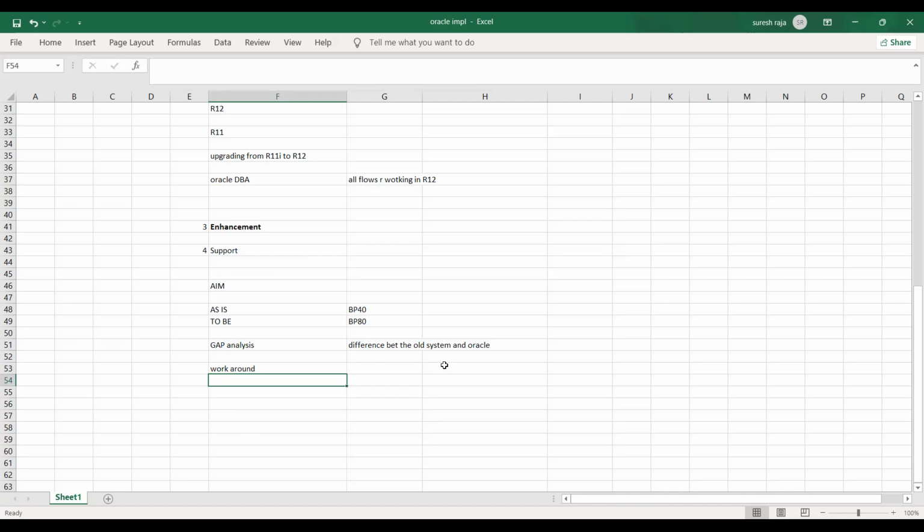For everything I don't want to create a supplier. There I will give an option: miscellaneous supplier. So I'll create a common category called miscellaneous supplier for minimum amounts, and put the actual supplier in the description, because anyway the bill is there. That is the workaround we are giving. Many workarounds they will put. If nothing can be done, you have to go for customization.